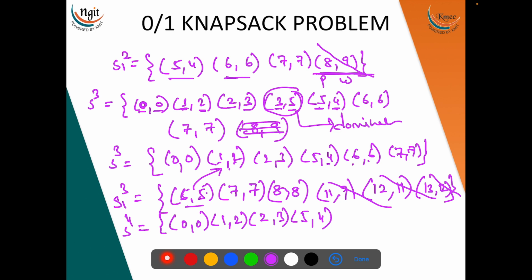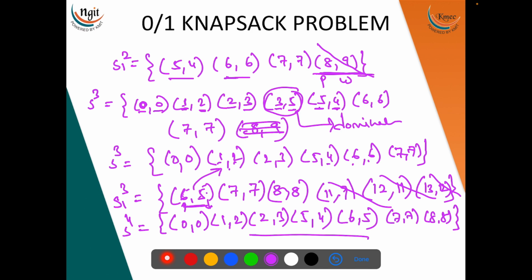Here it is 6 comma 5. 6 comma 5 means what? Your profit is high but weight is low. So what item will we be ignoring? The 6 comma 6 item we will cut out of the picture. So now 5 comma 4, next 6 comma 6 we cut it, and 6 comma 5, 7 comma 7 and 8 comma 8. So these are the pairs of the last